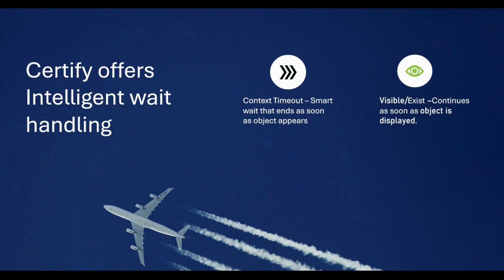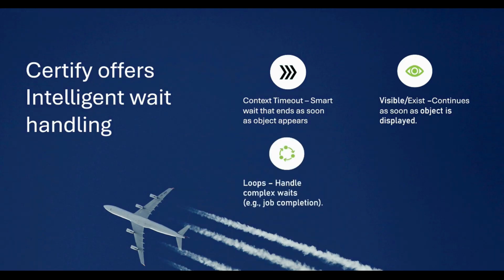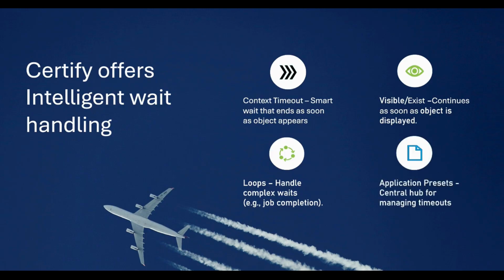Exist enables the process to continue as soon as the required object, window, or page becomes available, making the automation faster and more responsive. Loops are used for more complex situations, such as waiting for a job to be completed. Application presets provide a centralized mechanism for managing page and object context timeouts.